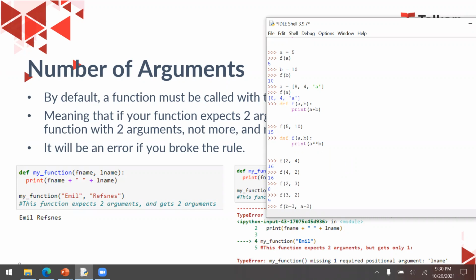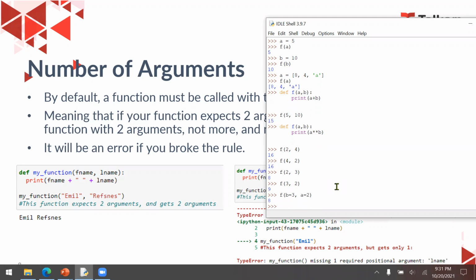That means even though the first value is 3, 3 will be assigned to variable b, and 2 will be sent as a. So it will return 8. Okay, that's when we don't remember the sequence of the parameters, which parameter comes first. So we can use an assignment like this.